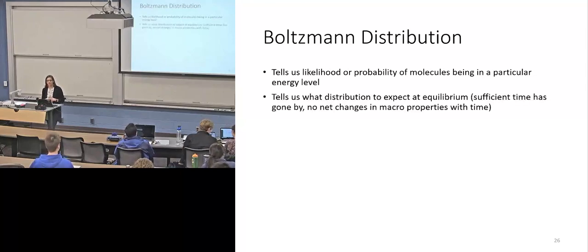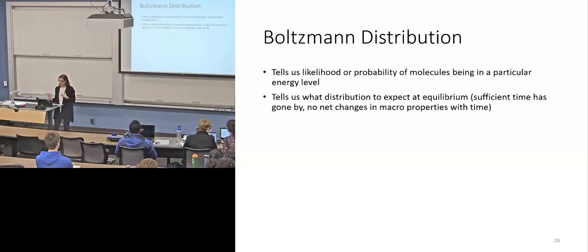The Boltzmann distribution tells us what distribution to expect at equilibrium, okay? So the Boltzmann distribution is what things would look like if we had sufficient time and there were no net changes in macroscale properties, okay? But what you will see on your homework and on example problems that we do, I can ask you to calculate a probability for something that has not reached equilibrium, right? Those distributions on that other slide, where the molecules were 1, 2, 4, 4, 1, 2, that's not what equilibrium looks like, okay? Doesn't matter. Just know that with equilibrium, things tend towards Boltzmann.